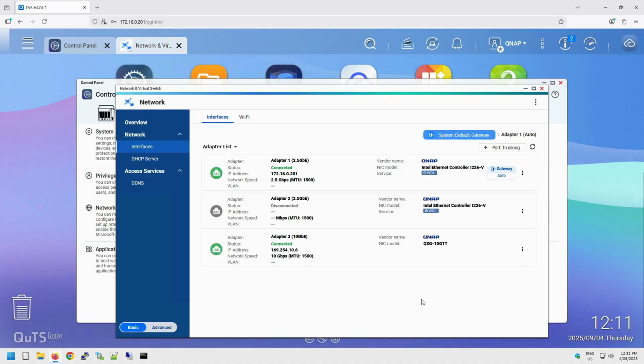High availability will then use a second network port or a second network connection for maintaining the heartbeat between the primary and secondary NAS devices, and it will also use that connection to synchronize the data from the primary to the secondary NAS. So in our example, we have a network port on the 2.5 gig for that client access, and you can see that's been given an IP address of